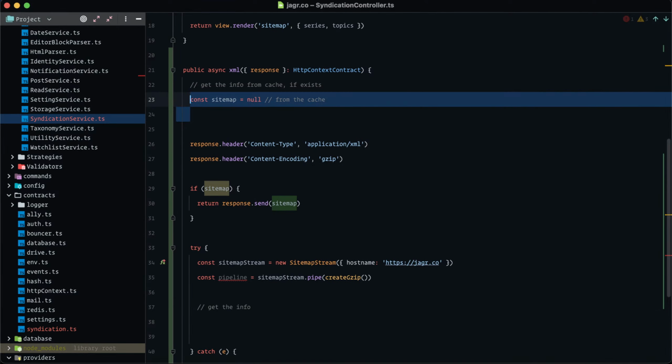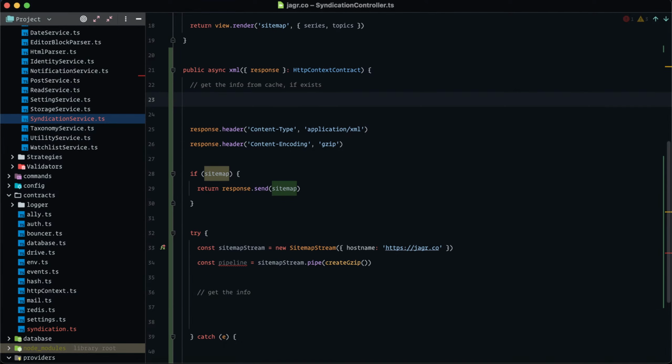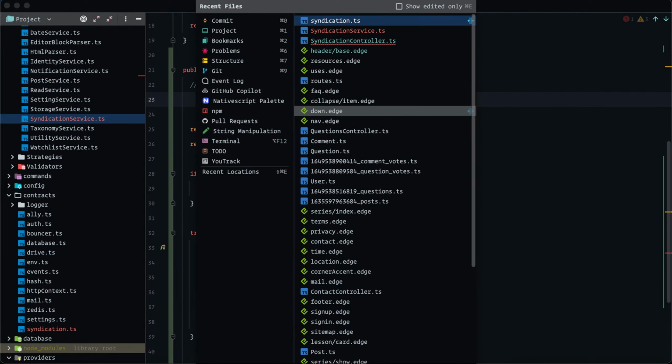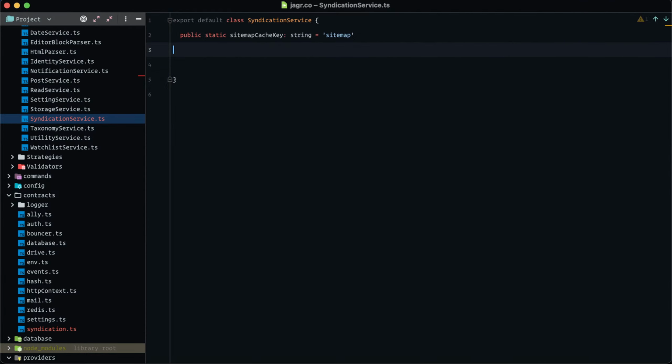So let's go back up into our controller and go ahead and get that going. So instead of that, we can do a get directly within our syndication service instead of doing it outside. So we can switch this to private, I guess, and then let's do public static get sitemap from cache or something like that. And then we will do return